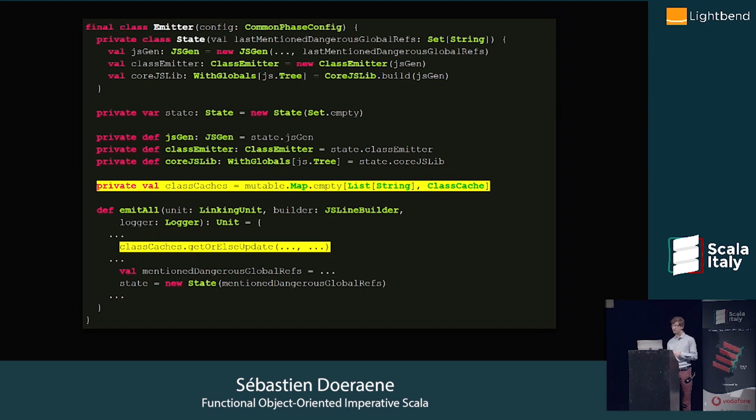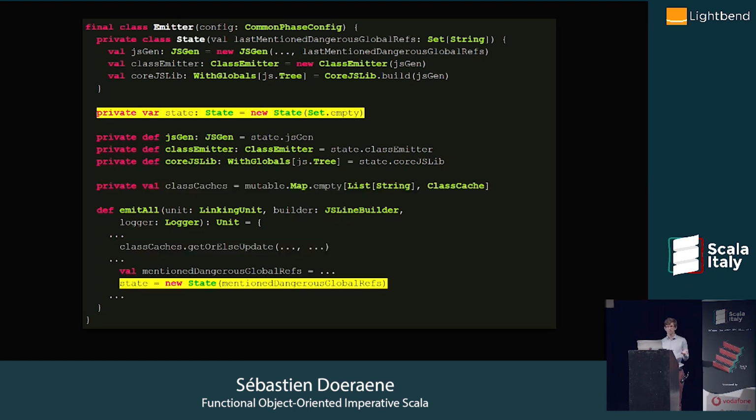So for example, we have this class caches thing, which is used for incremental compilation. So it caches the results that we computed from a previous call to emitAll, so that if part of the input is the same as last time, we can reuse that portion, the results that we computed, okay? And so, of course, we have the traditional cache method, which is getOrElseUpdate here below that we use for that, right?